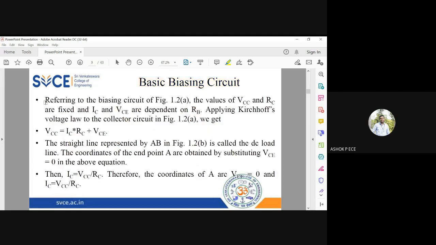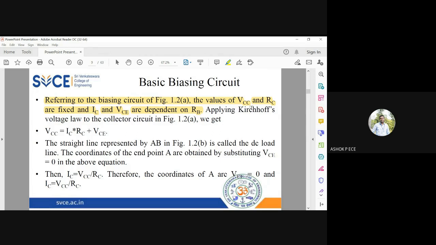See here, the diagram which we have just discussed is the basic biasing circuit. All the values are fixed. You see VCC is a power supply, it is also fixed. Once you find RC it will be fixed, RB is also fixed, VC is also fixed, so everything is fixed. Okay, so it is a basic biasing circuit and I need not worry about changing the components at all, because